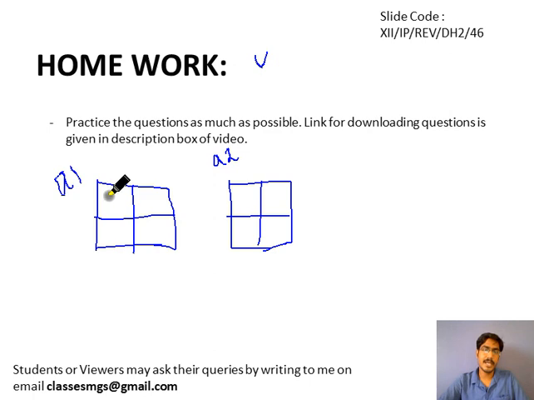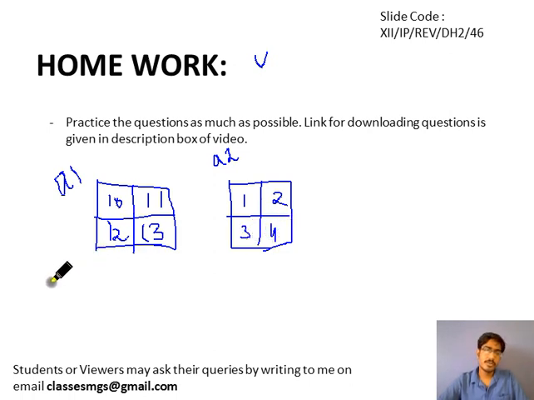Let's suppose this NumPy array has values 10, 11, 12, and 13, and the other NumPy array has, let's suppose, 1, 2, 3 and 4.